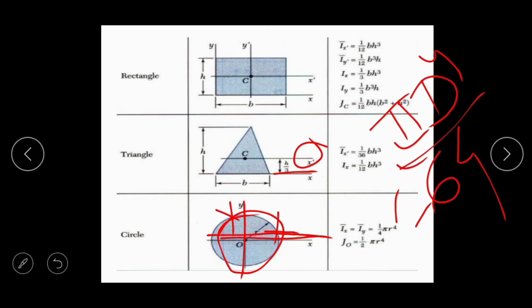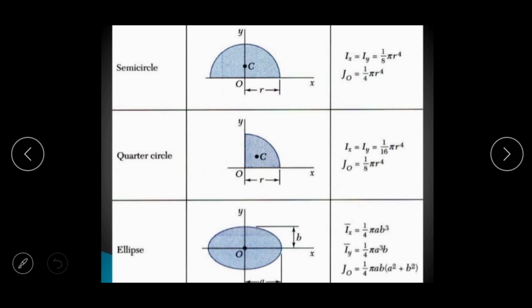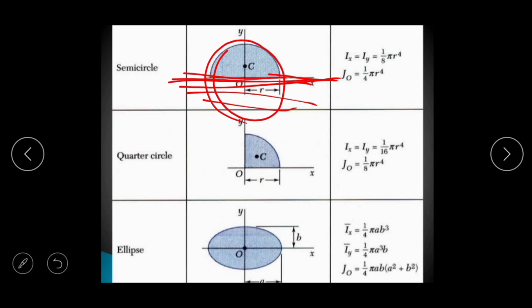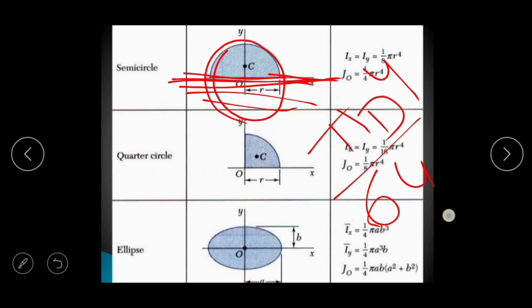Okay, so this is the moment of inertia of the circle about the centroidal x और y axis, सेम होता है दोनों के बीच में। सो उसी तरह हम कुछ सेमी सर्कल का भी ले सकते हैं। तो सेमी सर्कल का जो आ जाएगा अबाउट एक्स एक्सिस, एक्चुअली सर्कल अगर होता तो ये होता सेंट्रोइडल एक्सिस। अब सर्कल का आधा पार्ट निकल चुके हैं तो ये बेस हो गया, तो सर्कल का जो सेंट्रोइडल एक्सिस में जो मोमेंट ऑफ इनर्शिया होगा, that is pi d to the power 4 divided by 64, उसका जस्ट हाफ हो जाएगा, ठीक है, उसका जस्ट हाफ हो जाएगा।